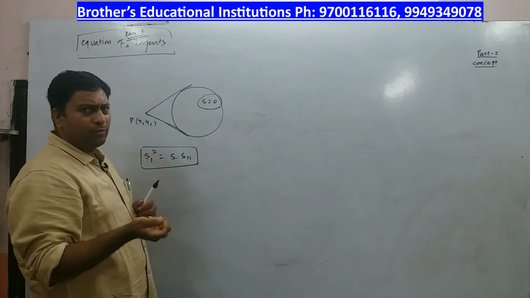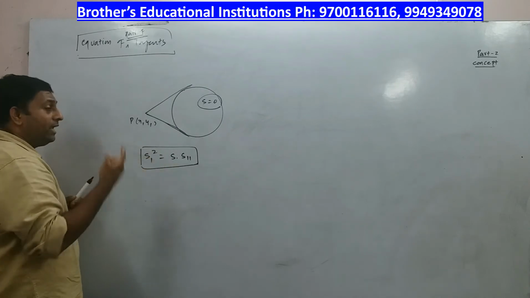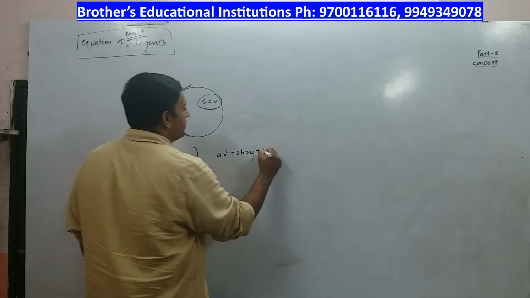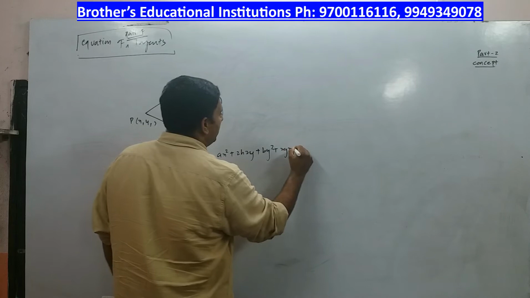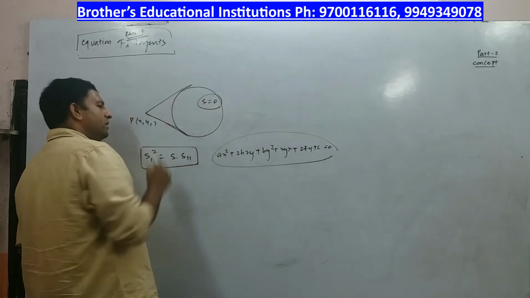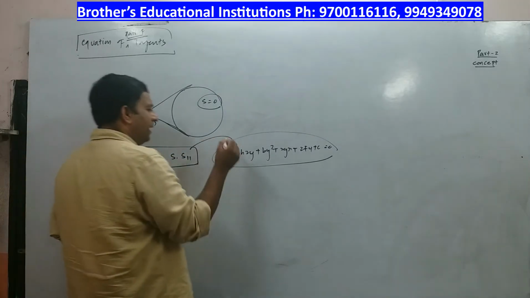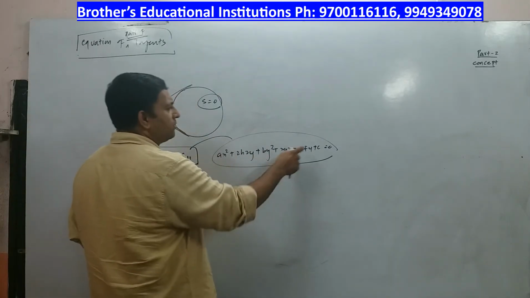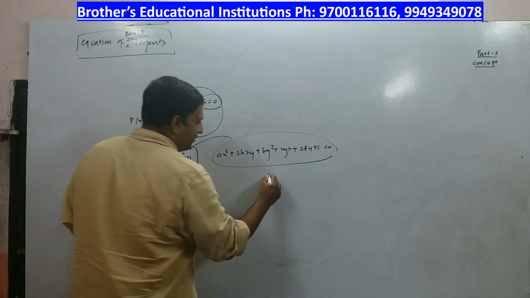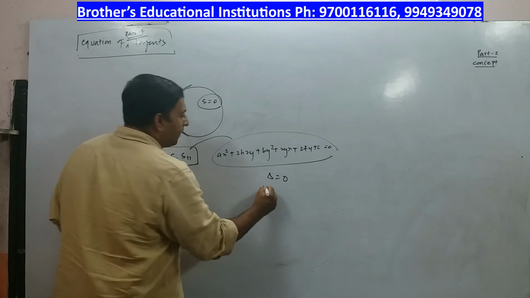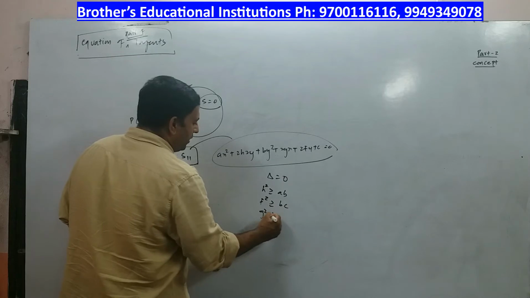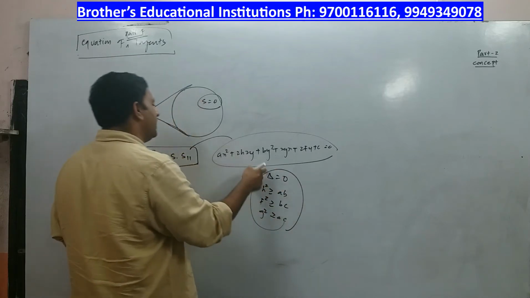Pair of tangents are nothing but what? Pair of straight lines. So definitely that will be of the form ax square plus 2hxy plus by square plus 2gx plus 2fy plus c is equal to 0. So when you apply this formula to this circle, whatever answer you get will have x square, y square, xy and constant terms. So it will be a pair of straight lines. When it is a pair of straight lines, it satisfies our pair conditions: delta is equal to 0, h square is greater than or equal to ab, f square is greater than or equal to bc, g square is greater than or equal to ac. So all these conditions will be satisfied by this pair of tangents.